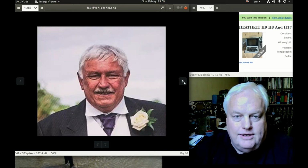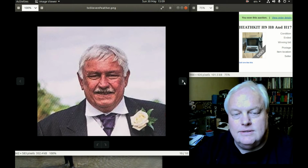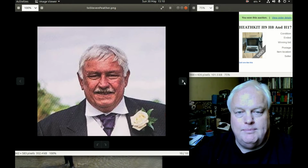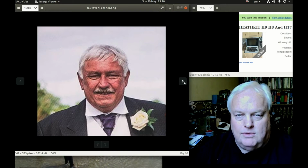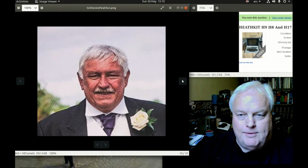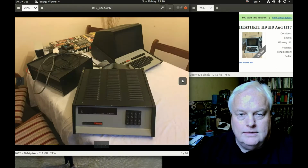Stephen Feather was the original builder, so Mark told me, and it had probably been in the attic for quite some time, so he wasn't sure what its condition was. As we'll see, unfortunately, I think it had suffered some problems in the past, maybe even an attempt to restart it many years ago, which had resulted in some problems that we'll work through over the series to get it back working again. So when I got it home,